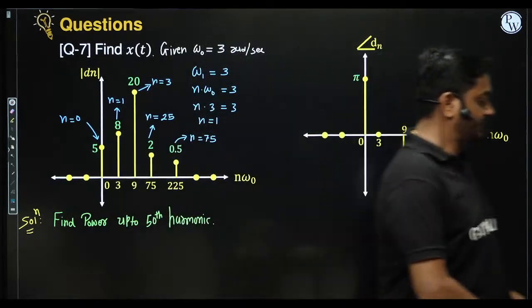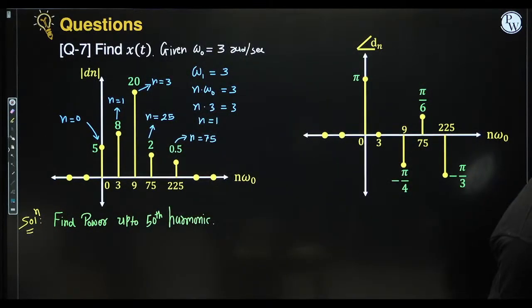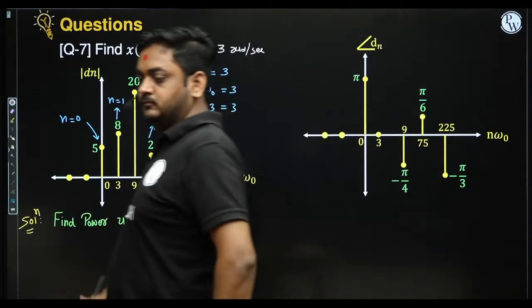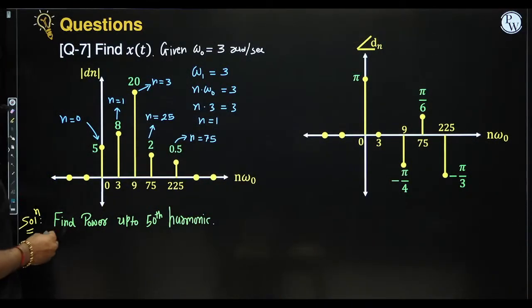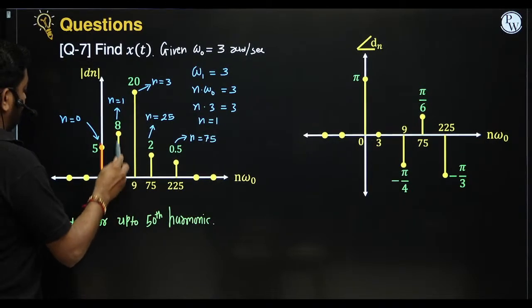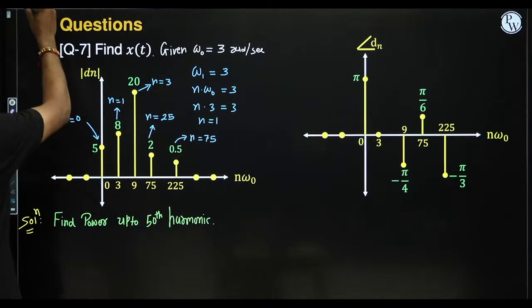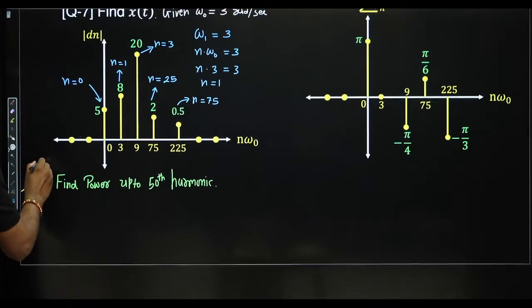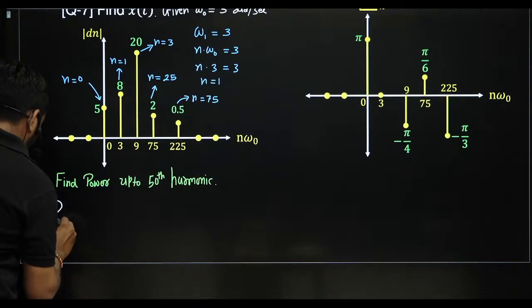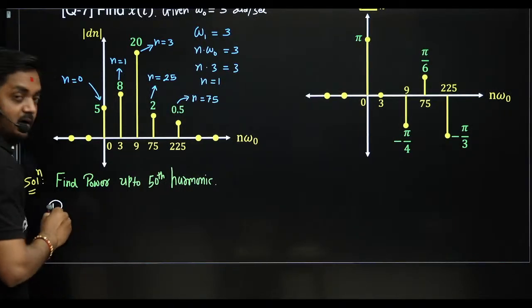Find power up to 50th harmonic. Okay. So up to 50th harmonic means you have to consider this sample, this sample, this sample, and this sample guys. Okay, the formula is, see what should be the formula. So up to 50th harmonic,